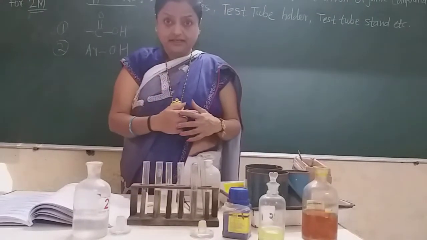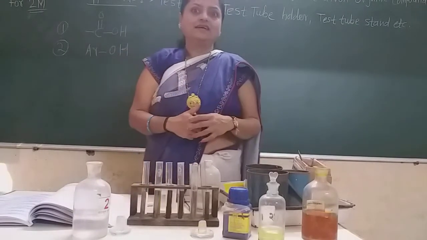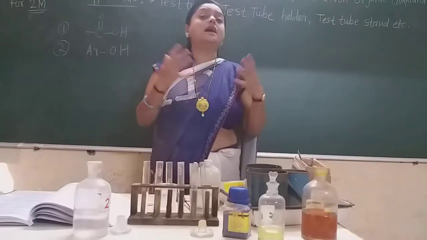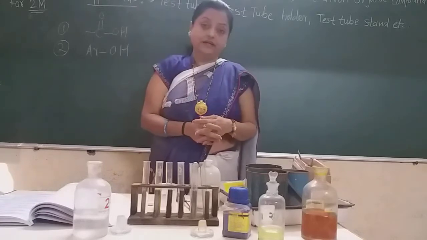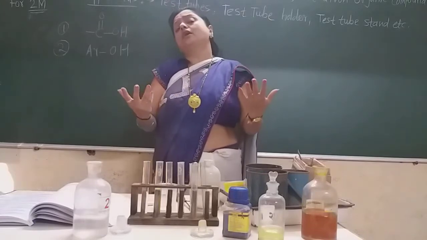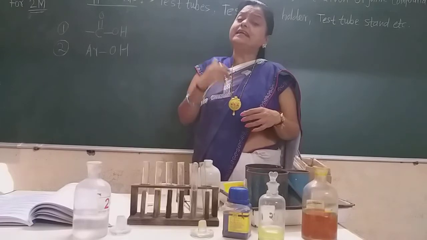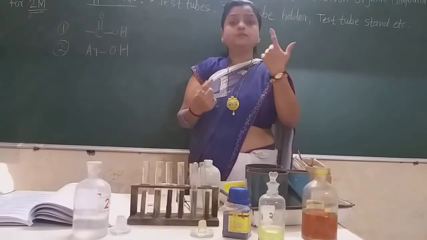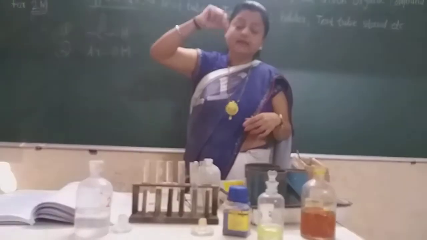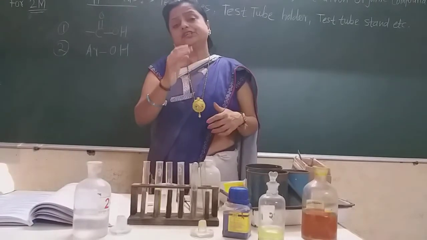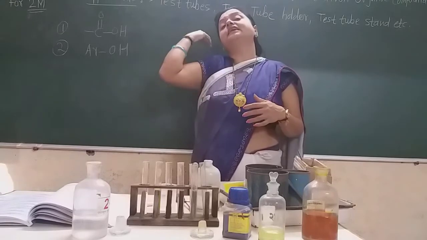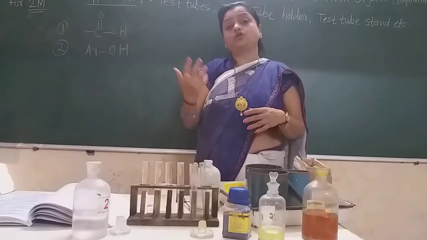I tell you the Schiff's reagent test, the para-rosaniline, that is Schiff's reagent. The second name of Schiff's reagent is para-rosaniline, and a magenta pink color will be there if there is the aldehyde group, and if the aldehyde group is not there, then that compound is not an aldehyde. And if we add Tollens reagent, then you know that on the inner side of the test tube there will be what? Colloidal silver will be collected, that is, a silver mirror will be there. That is the test for aldehyde, and if the compound is not an aldehyde, then proceed to the next test, that of the ketone.